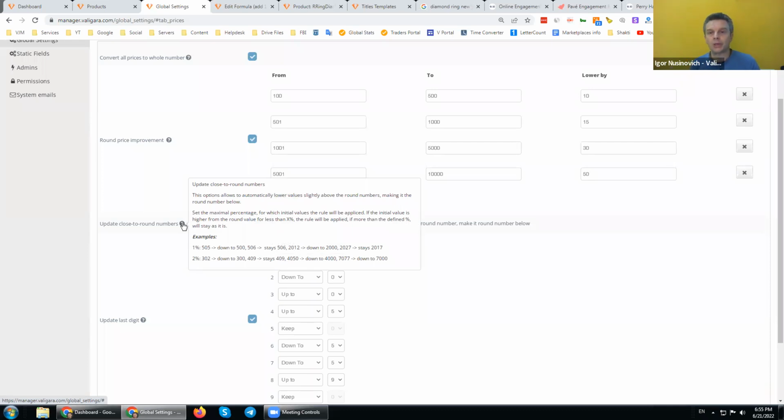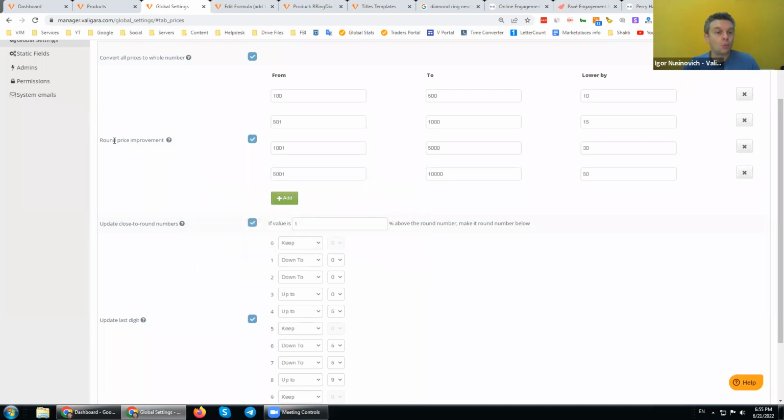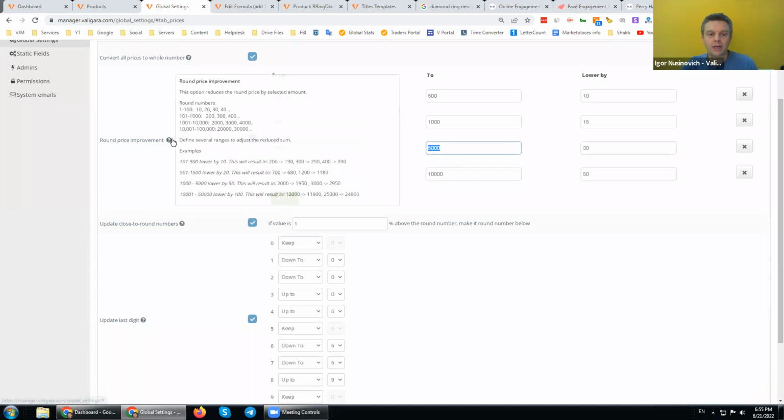We want it to be some user-friendly pricing. So we enable the round price improvement. For example, here between 1,000 and 5,000, I will put the 30. What it means is that if I end up with 5,000 or 4,000, the round price is 1,000, 2,000, 3,000, and so on. We can see it in the explanation here.